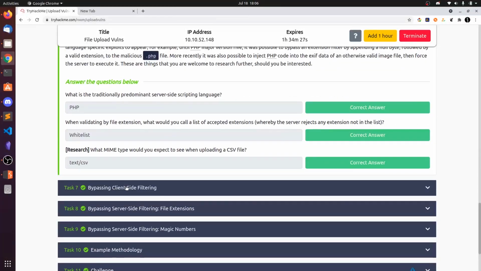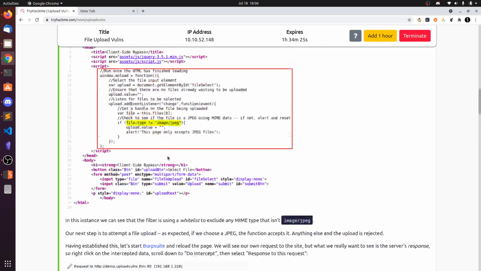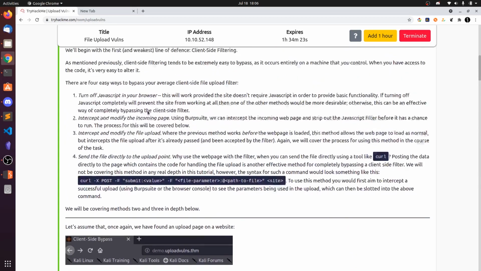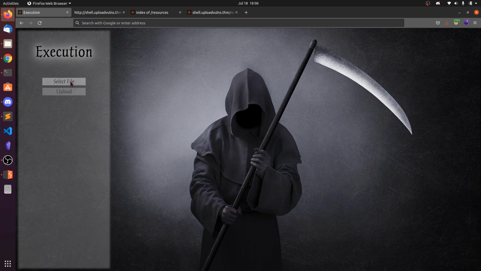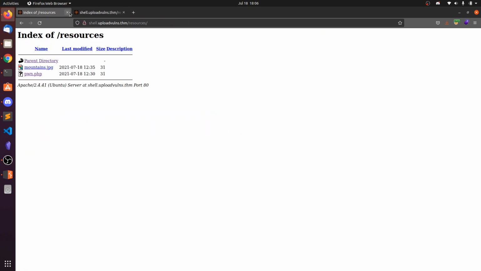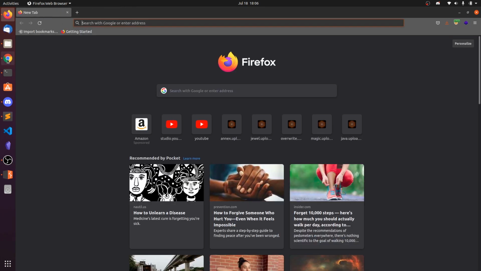The first one is client side filtering. The web browser contains JavaScript, which executes on the client side browser. So there will be some filtering. When you choose the select file, if there is any PHP extension, it will directly discard that. So okay, let's deal with that also.